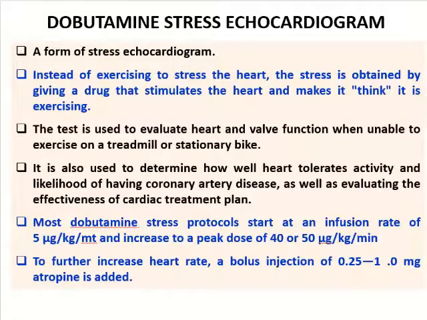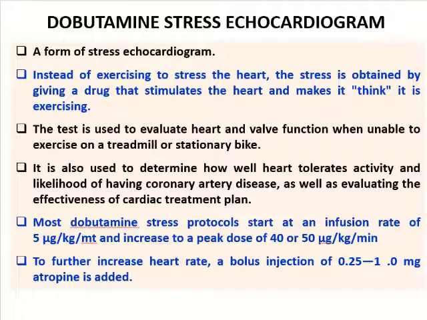If we are going with the subclass of stress echocardiogram, we have dopamine stress echocardiogram. This type of echocardiogram is taken if it is not at all possible for a patient to move or do any exercises for a stress echocardiogram. In this case, instead of exercise, a chemical is applied to the patient. Because of that infusion of the chemical, the heart starts working harder.